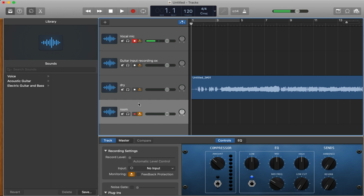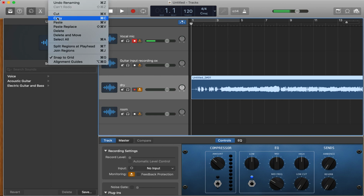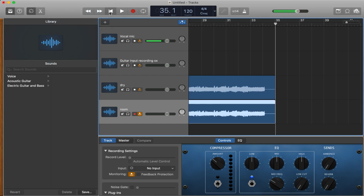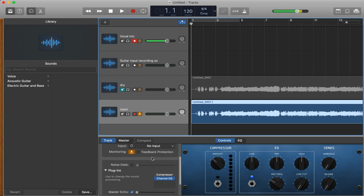All right. And we're going to copy this track. Copy the track, and we're going to bring it down to here and paste it in there. All right. So now we have two tracks of the identical signal. So, you know, this is sort of like what you would do, perhaps, with multiple microphone inputs. So now we're going to make this the room. All right, so now let's mute the dry track,